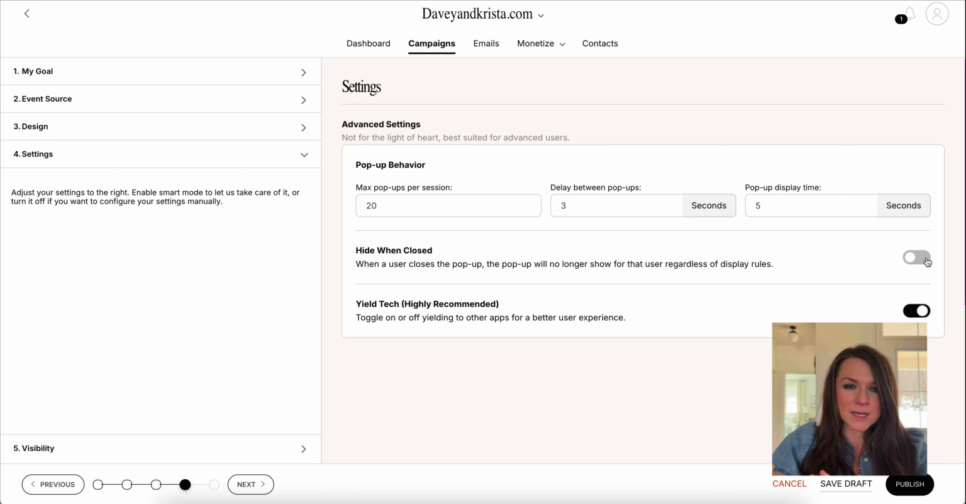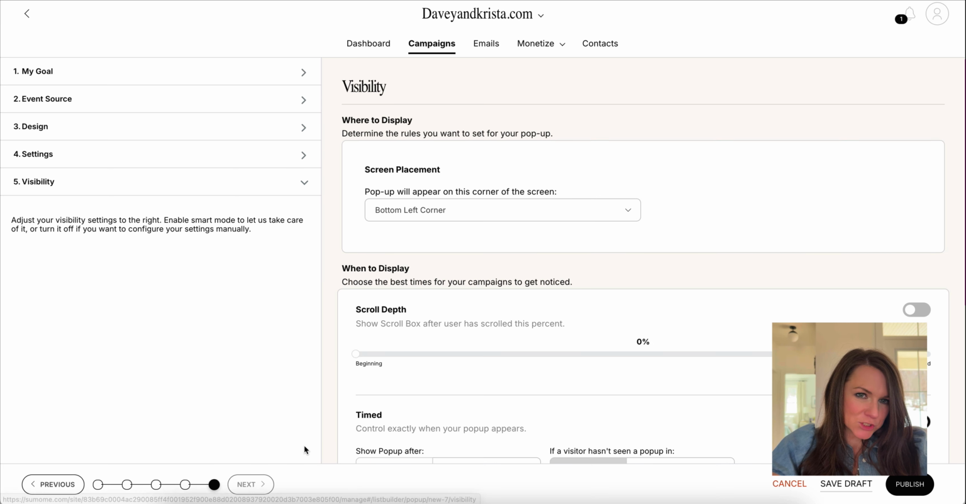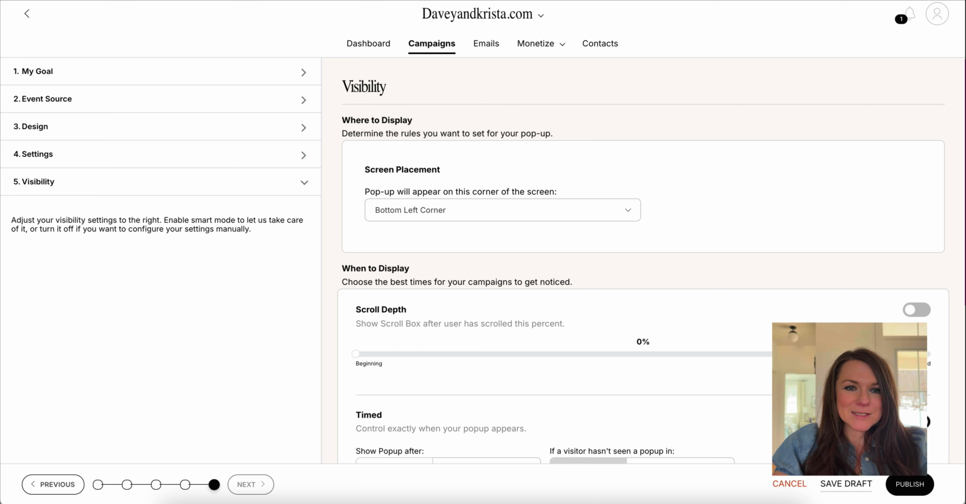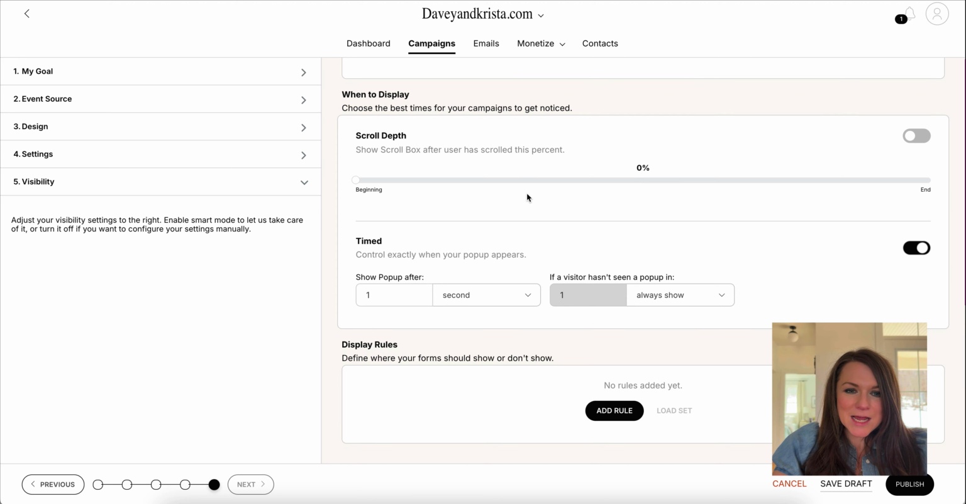I have those on. And then they recommend leaving this high yield tech on just to help throttle these in case your site has some load issues. The visibility settings are where we're going to show the pop-ups. So this is the URL of the page where they're going to be popping up. So I'm going to grab the URL of this page in here, and I would paste this here in display